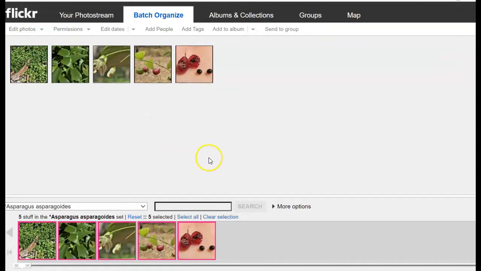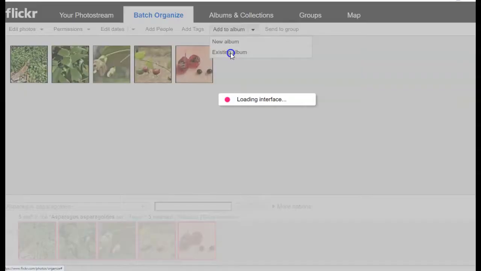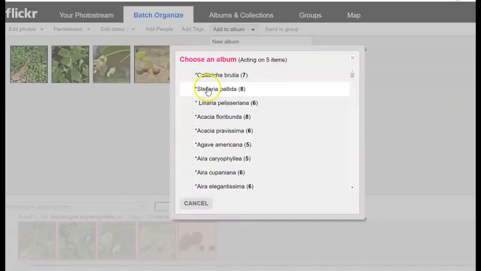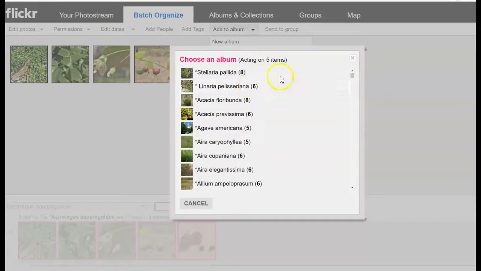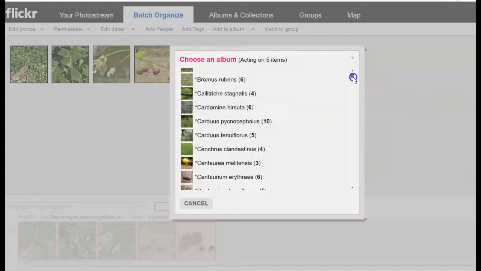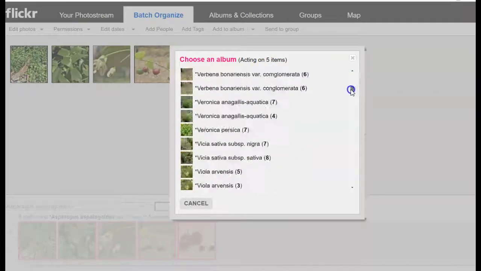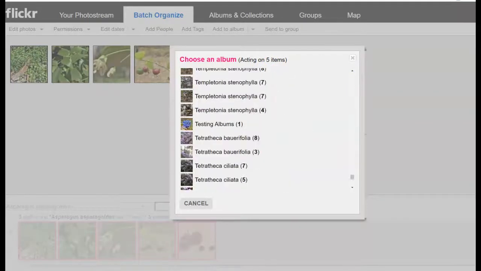Now we need to move focus up to the top here where we've got the Add to Album menu item, and here we choose either new album or an existing album. If there's an existing album, we choose that option. Now then we've got to go through and find the actual album that we want to move them to. I've created one called Testing Albums, as you can see there,